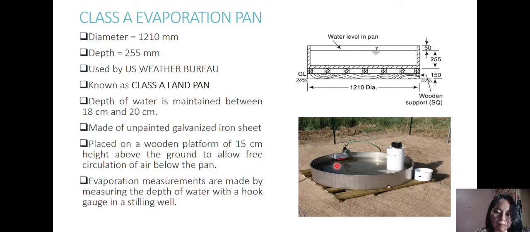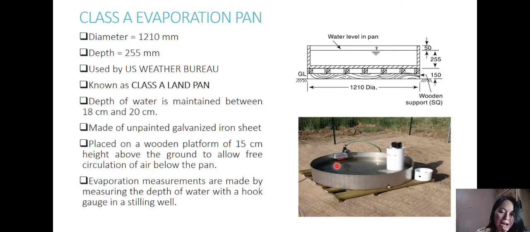It is a standard pan of 1,210 millimeters in diameter and 255 millimeters depth, used by the U.S. Weather Bureau and known as the Class A land pan. The depth of water is maintained between 18 cm to 20 cm. The pan is normally made out of unpainted galvanized iron sheet. Monel metal is used where corrosion is a problem. The pan is placed on a wooden platform of 15 cm height above the ground to allow the free circulation of air